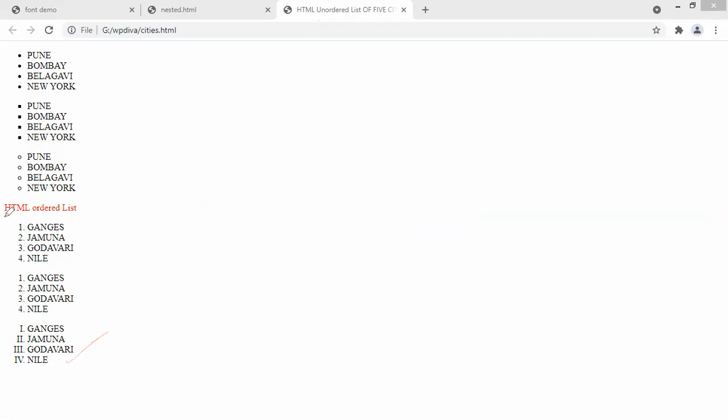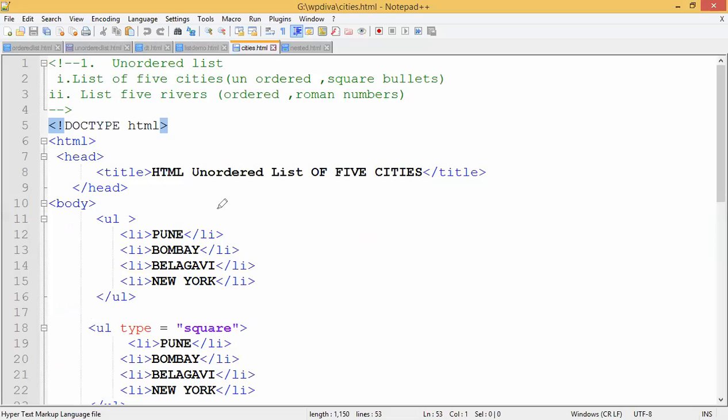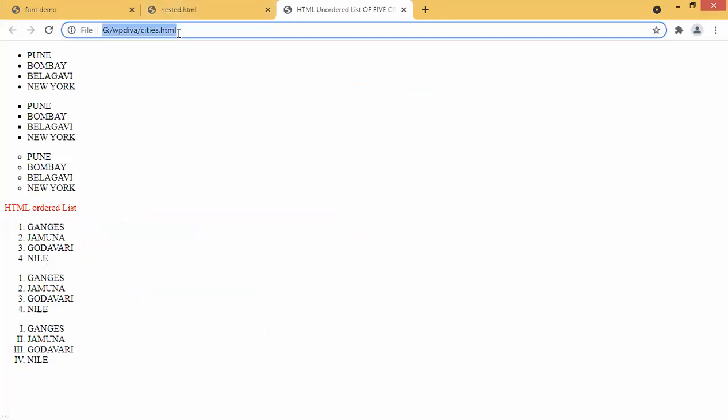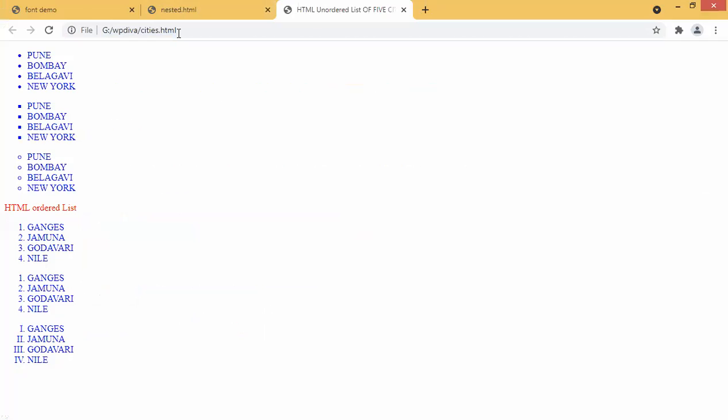Now you see that I have applied font only for the ordered list, okay. So if you want to change the color of these fonts, how will you work with the color of fonts? There are 2 options to change the color. One is that I can go for body and I can go for text. And I can take text is equals to blue. If I take this format and save the file, and rerun the file, I will just refresh the screen. You can see that all the text has changed into blue. Is it clear? In this way, you can apply the blue font to all the text.